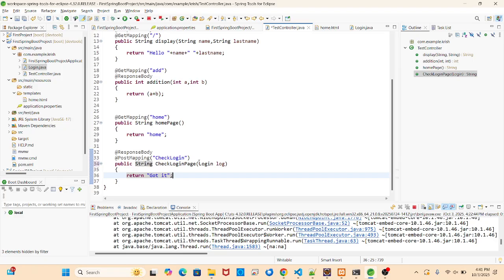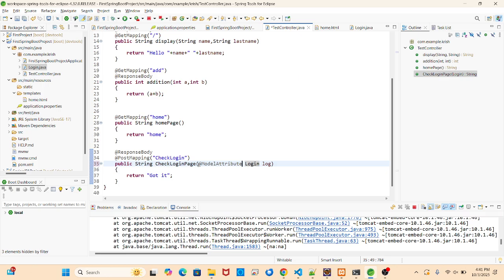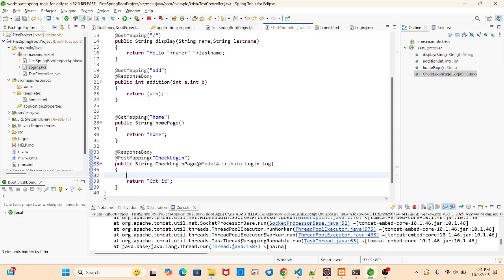For linking, it is just taking the reference. Whichever form you are loading now, I want the initial object from it. So for that, we are passing one more data annotation, that is the model attribute. But is the reference passed or not? I just wanted to check here whether the data is going or not. Okay, so what will the model attribute check?